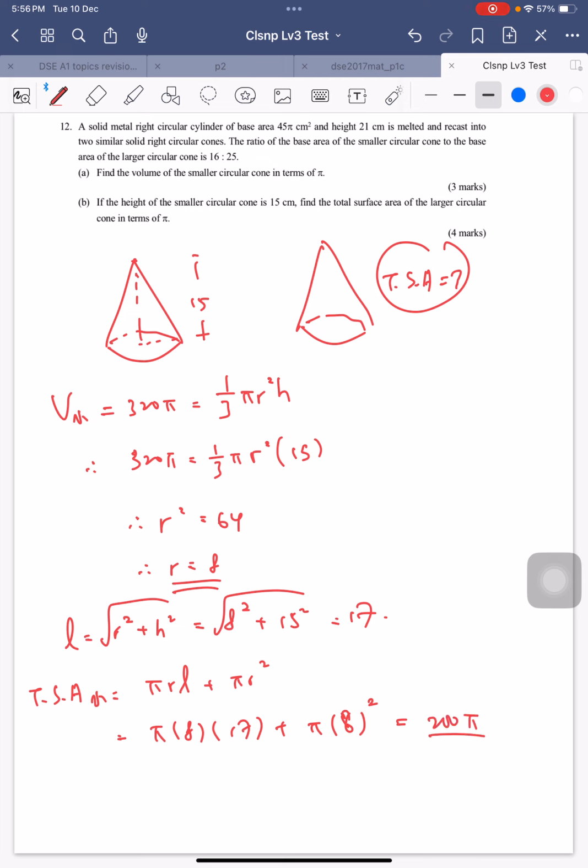So don't forget that the ratio between the areas of them is going to be 16 to 25. So the TSA of the big one is equal to 200 pi times 25 divided by 16, giving you the answer, which is 625/2 pi cm squared. So that's for question